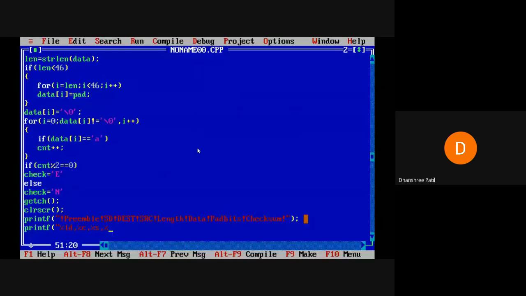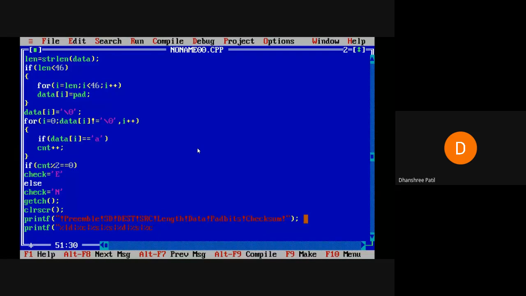After s, percentage c, then percentage s, then percentage d, percentage s, then percentage d, percentage s, again percentage c.